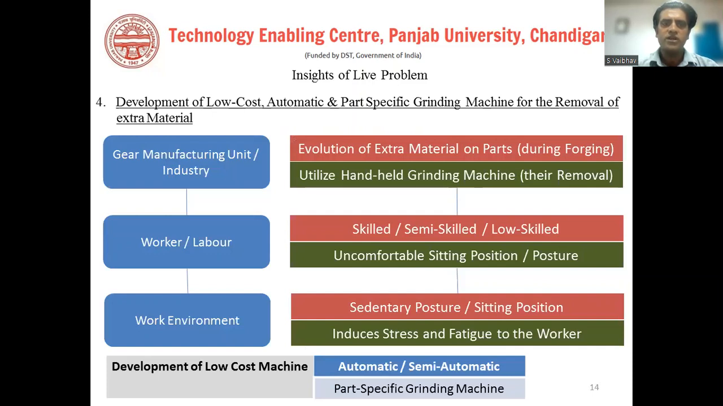So in this gear manufacturing industry, there is extra material on parts during the drop forging process. The industry utilizes a handheld grinding machine for removal of this extra material. The labor is skilled and semi-skilled, but the sitting posture is very uncomfortable. When we assessed the work environment for the sitting posture, it induces stress and fatigue to the worker. So there is a requirement for the development of a low-cost machine, that is a part-specific grinding machine, which could be either